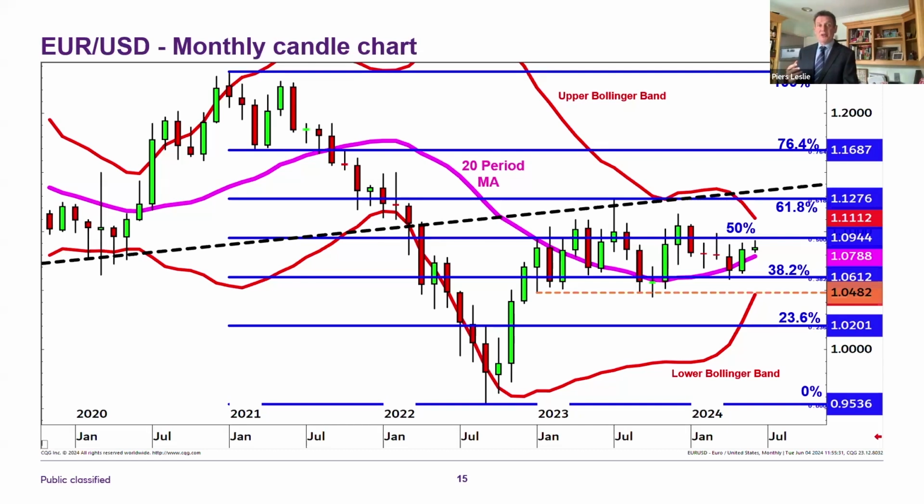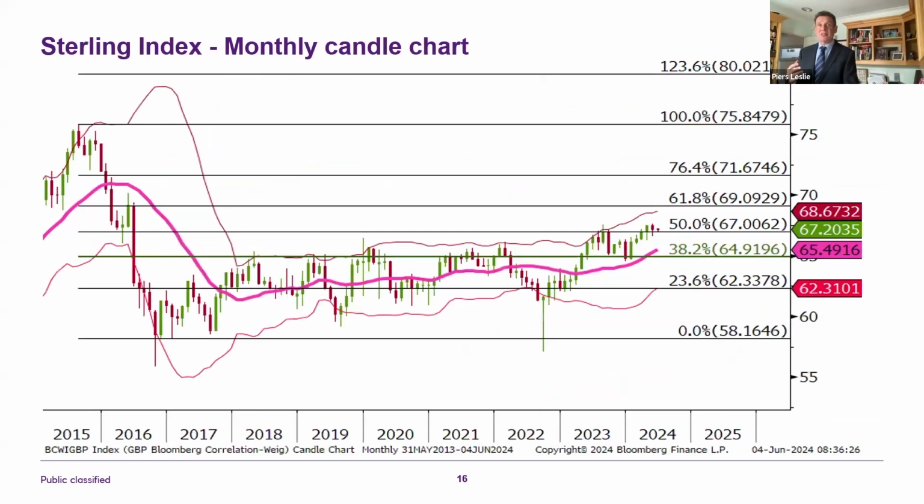And then if we go on to the next chart, we have the sterling index. It's one of my favorites. It's good to see you again, my old friend, this chart. As last month on this chart, I said the 64.90, 65.25 area should be support on pullbacks, with the 67 area used as a pivot between that support and the 69.70 area, where the stronger resistance lies.